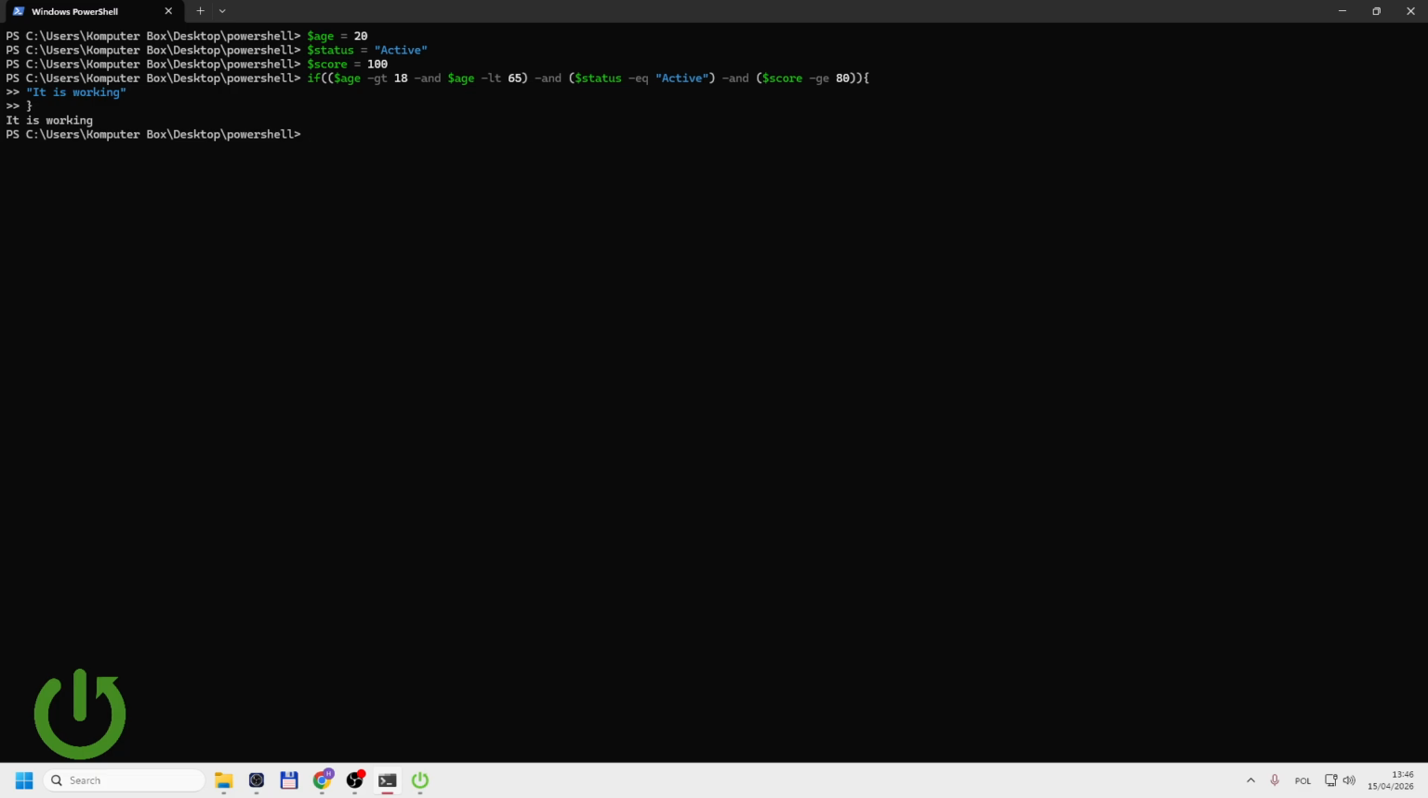As you can see, in my case it is true because I made it to be true, because age is between the range of 18 and 65, status is active, and score is greater than 80. So for me it is working. But how can we make it a little bit easier to read? We can break the logic into named variables, so it improves readability, it is easier for debugging, and we can reuse it, so we can modify each condition very easily. So first of all, we will create a variable isAdult,